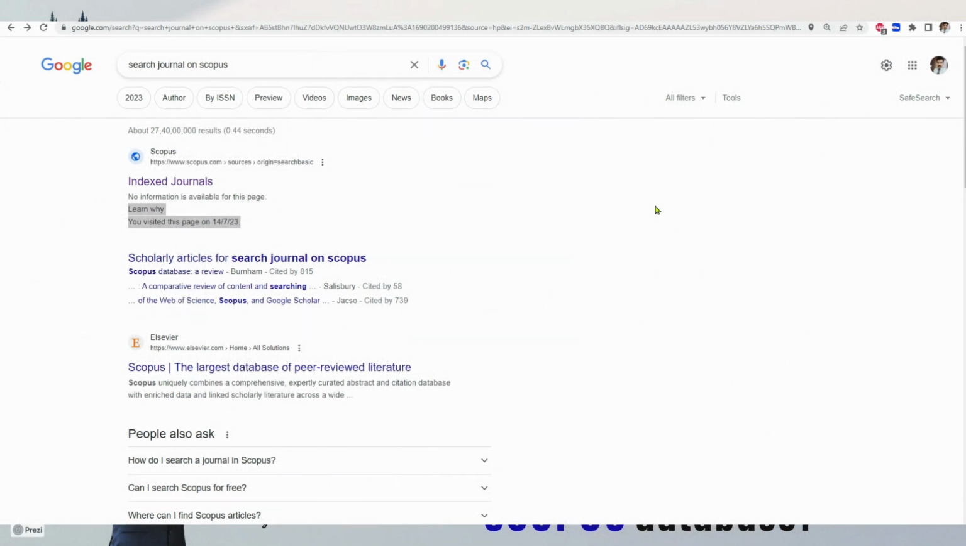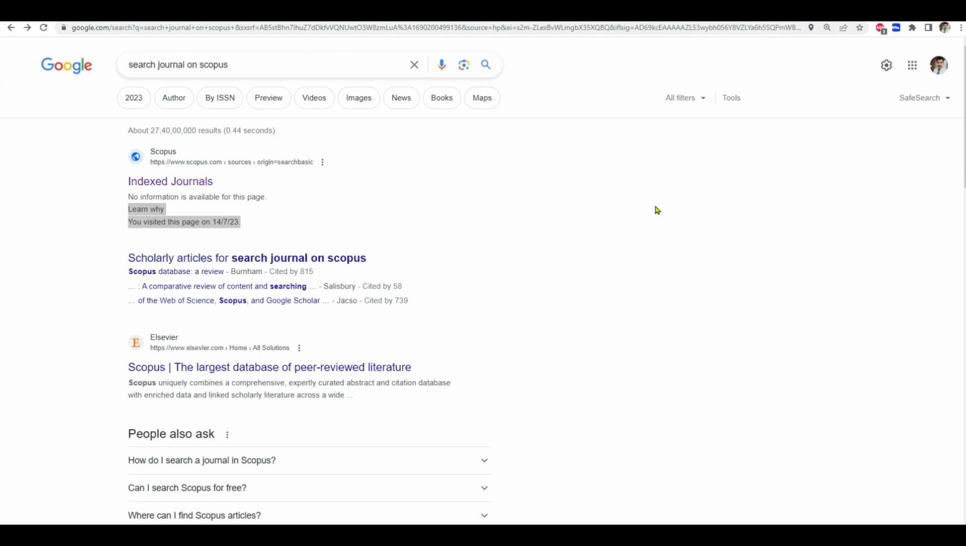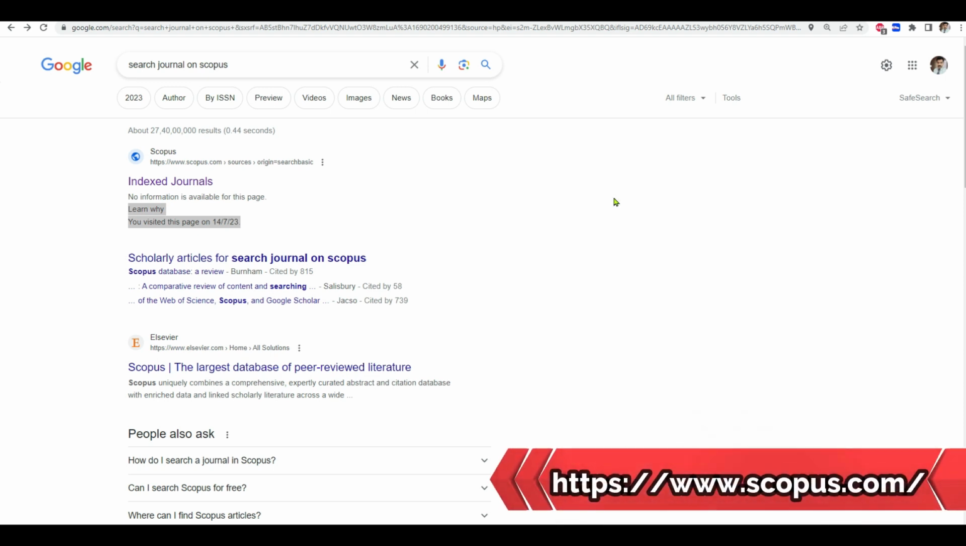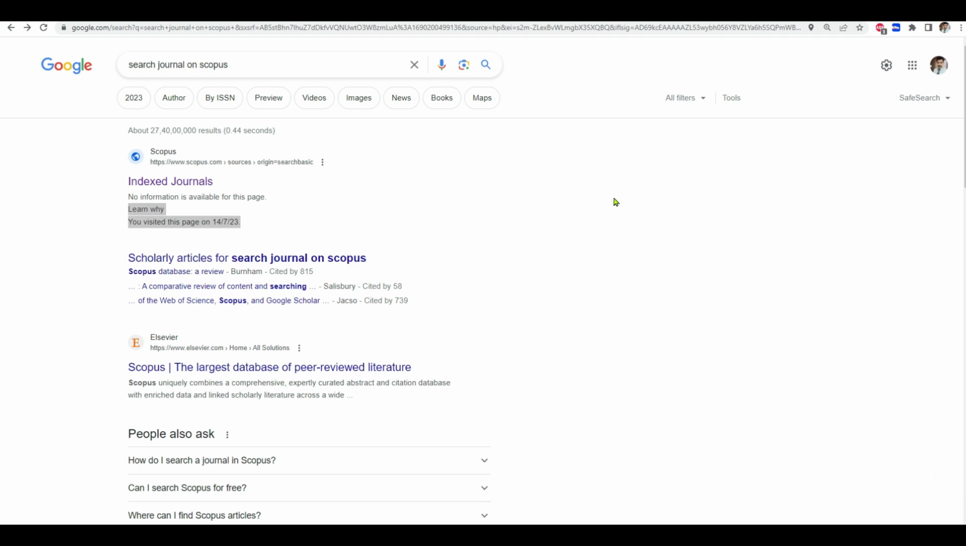Before we get into the types of Scopus journals, let's learn how to search Scopus indexing. Scopus is a renowned abstract and citation database that helps researchers find credible and high quality scholarly journals. Here's a step-by-step guide on how to do it. First of all, we can directly log in on the Scopus site, or simply search on Google, search journal on Scopus,